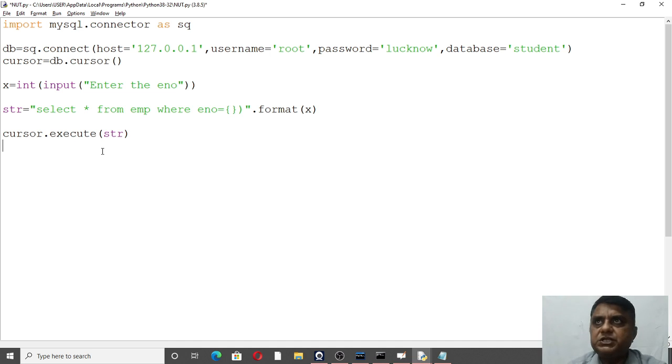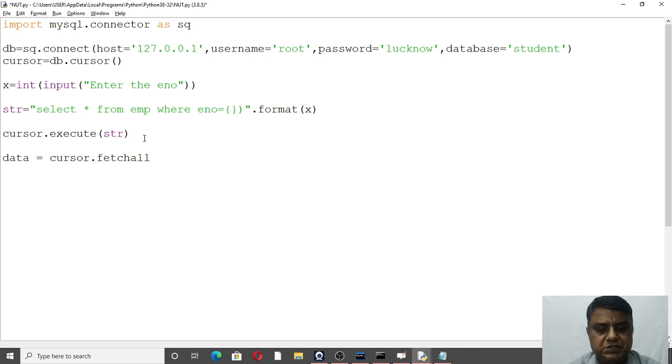Now to execute this query, the cursor.execute function is required, and then data is equal to cursor.fetchall.